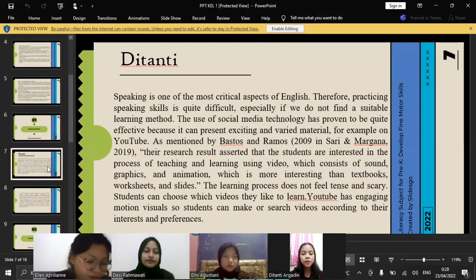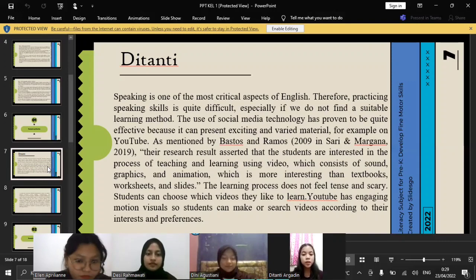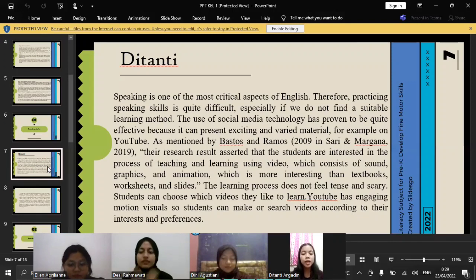The first example of synthesizing. Speaking is one of the most critical aspects of English. Therefore, practicing speaking skills is quite difficult, especially if we do not find a suitable learning method. The use of social media technology has proven to be quite effective because it can present exciting and variative material, for example, on YouTube. As mentioned by Bastos and Ramos, 2009, in Sari and Marganda, 2019, the research result asserted